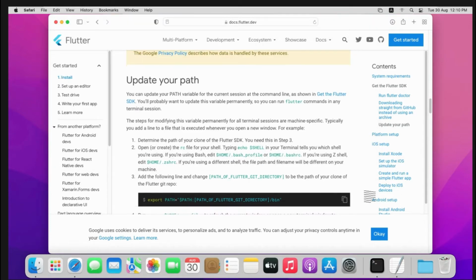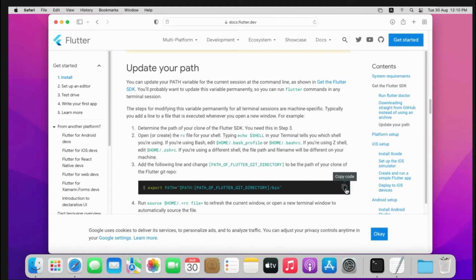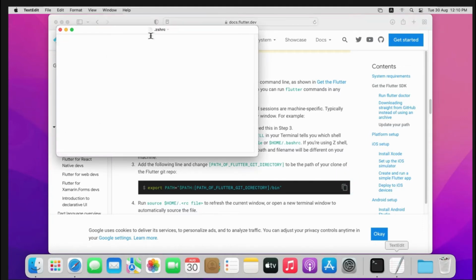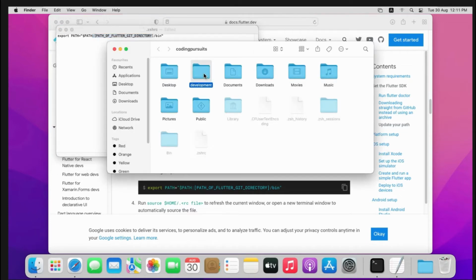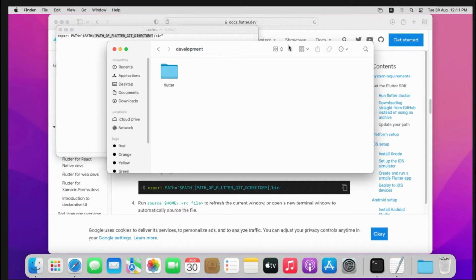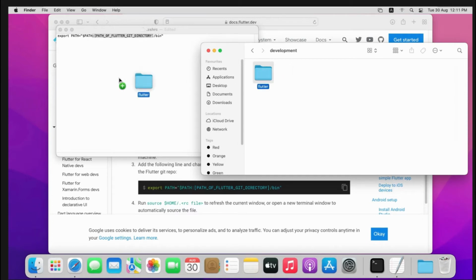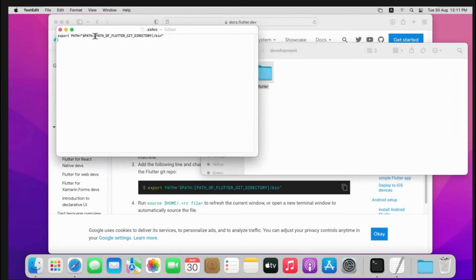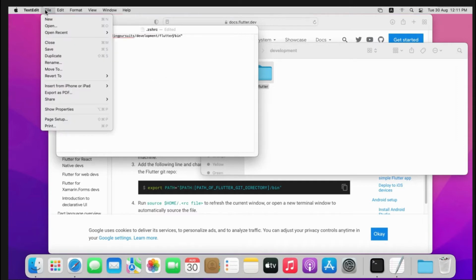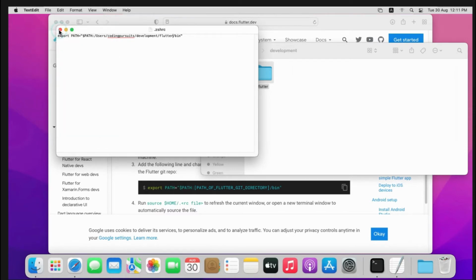and according to the documentation we have to copy this code and paste it in our .zshrc file. Before saving, we will have to update the path directory for our Flutter SDK. For this, I will open the Finder and go into the development where our Flutter SDK exists. Simply click and drag this folder into this file. Now replace this template directory path with our original SDK path and save the file. Close the file